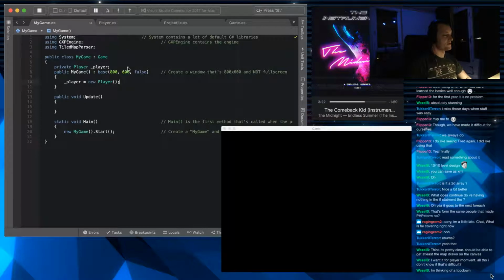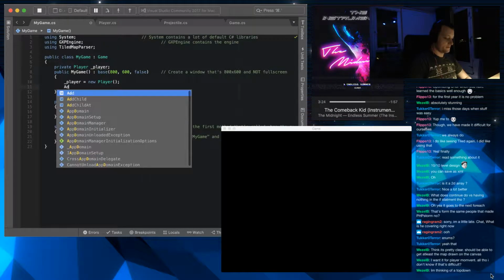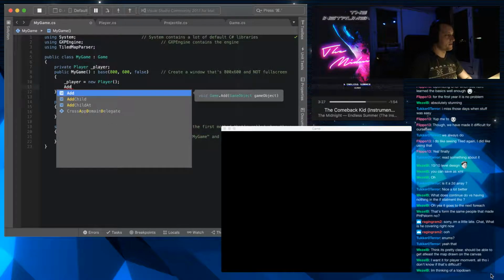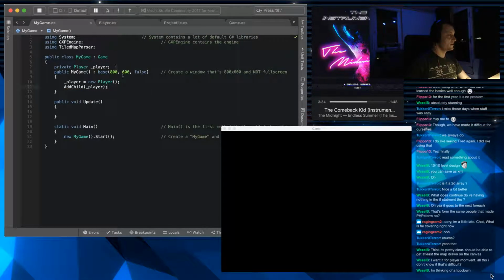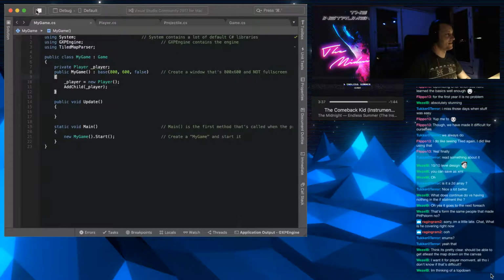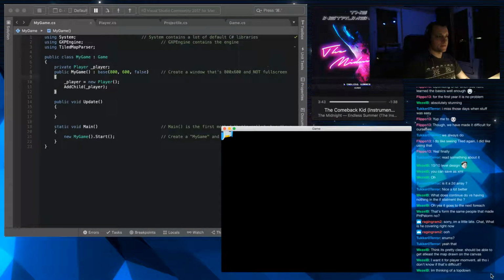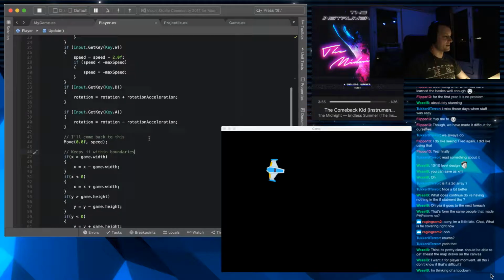Don't know why it's so slow sporadically. Add player? No, add shot. I think we also have the background, but let's leave the background for now. That's the player. Continuous movement. Oh yeah, click to shoot. Let's make that